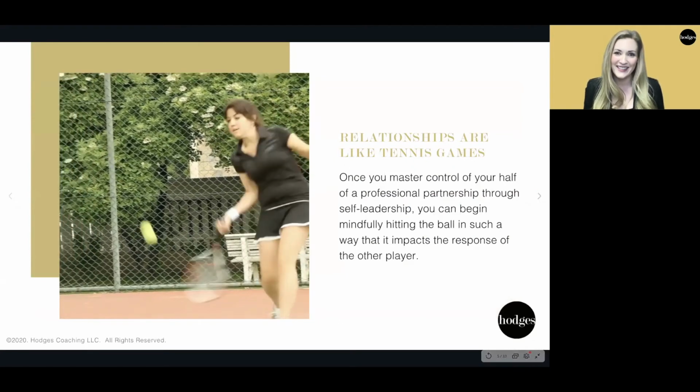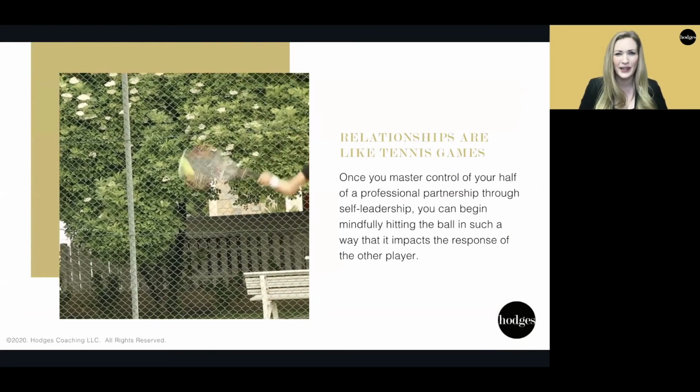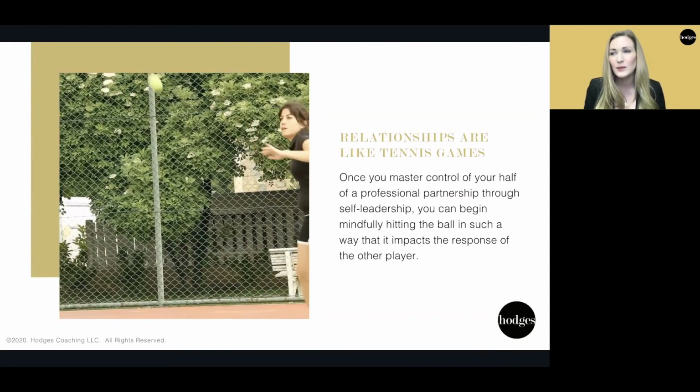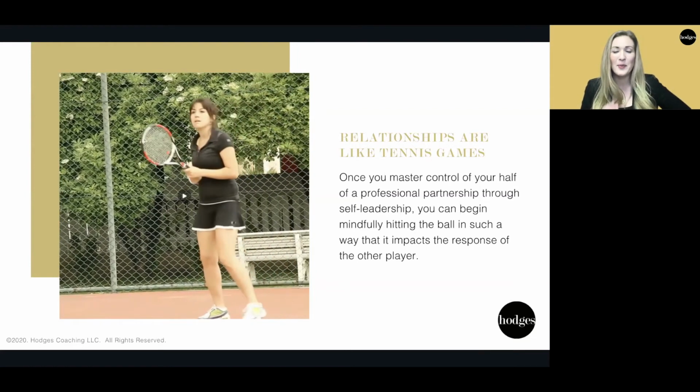So I love this analogy, which I also think is extra funny because I don't play tennis. I know there's something about love, love. I know there's serves. I know there's doubles and singles. It's some weird counting system. But for our purposes, the important thing is that you volley back and forth, right? You send the ball one way and they send it back. And that's what a relationship looks like.